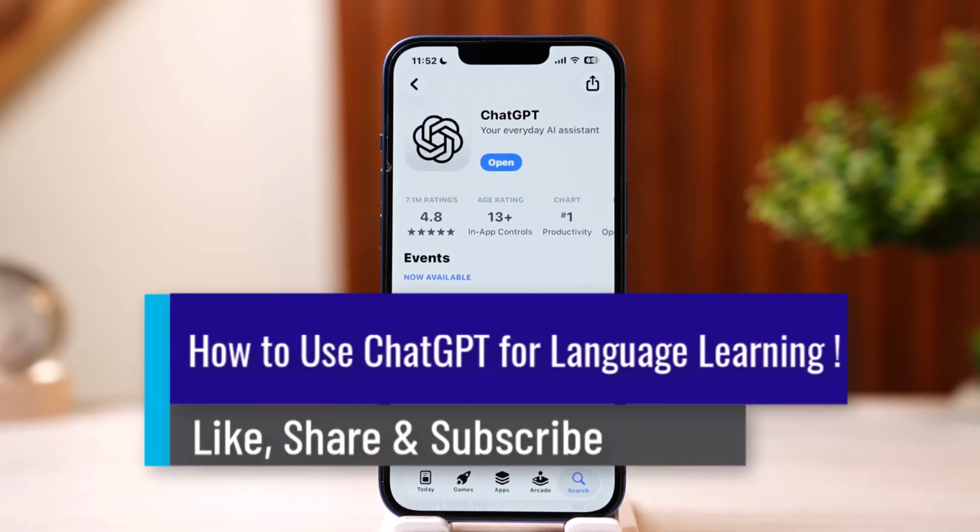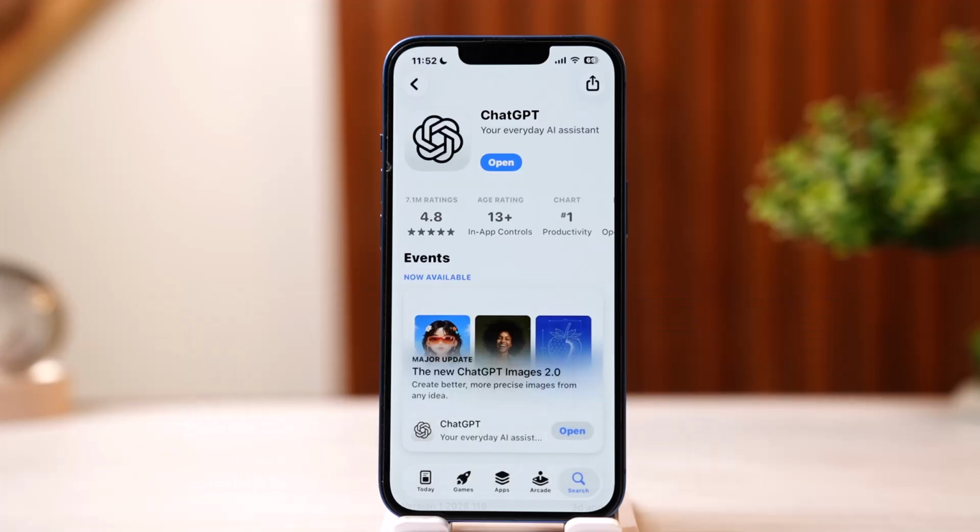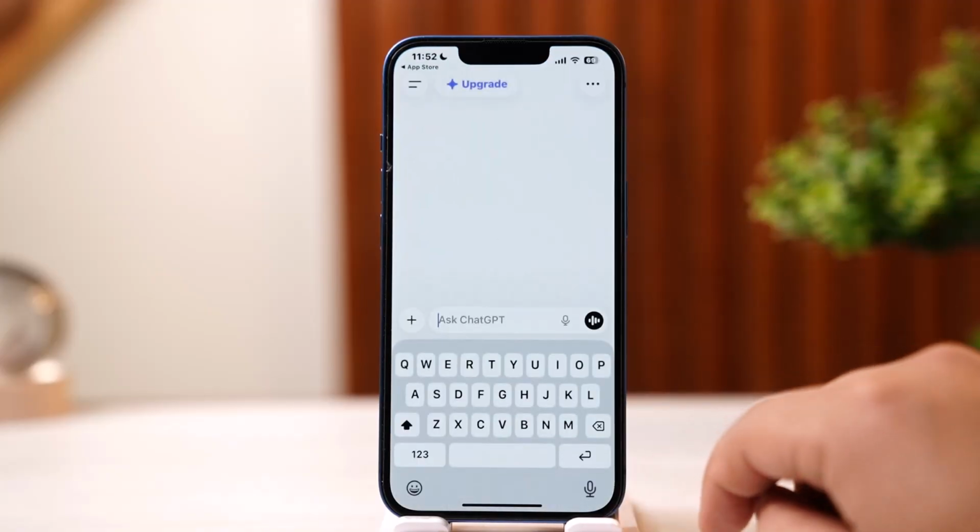Let me guide you through quick and easy on how you can use ChatGPT for language learning. Using ChatGPT for language learning enables personalized 24/7 tutoring through interactive voice conversations, instant grammar corrections, role playing, and such. Now, what you can do is you can open up ChatGPT and make sure you open up a new